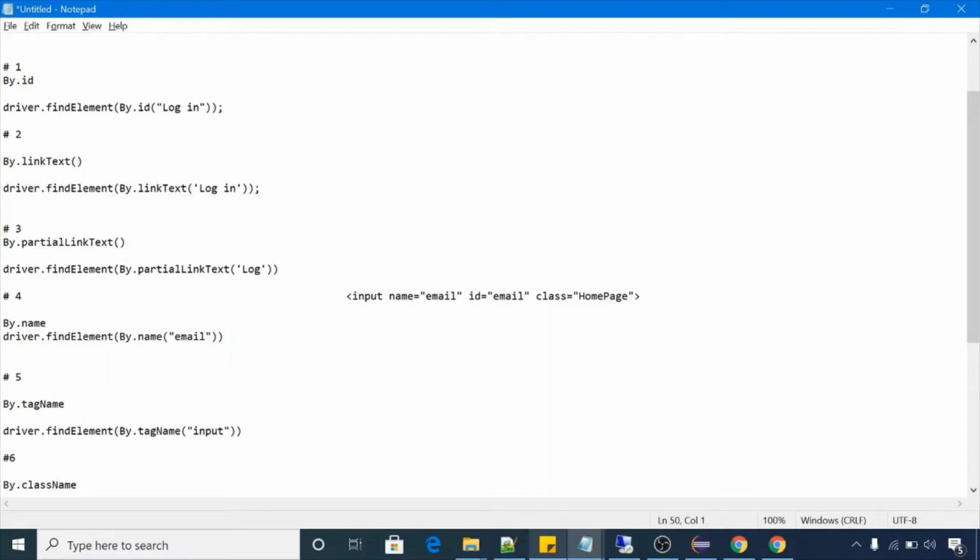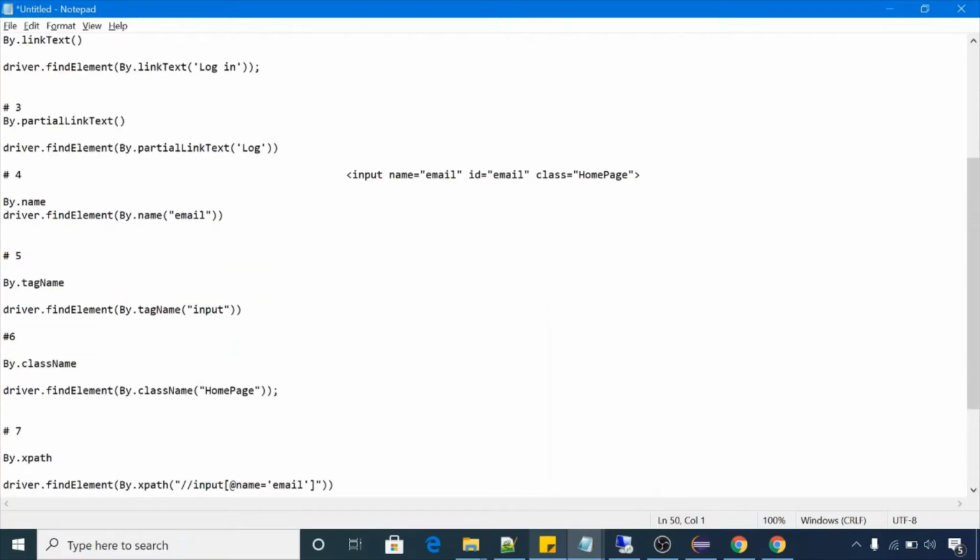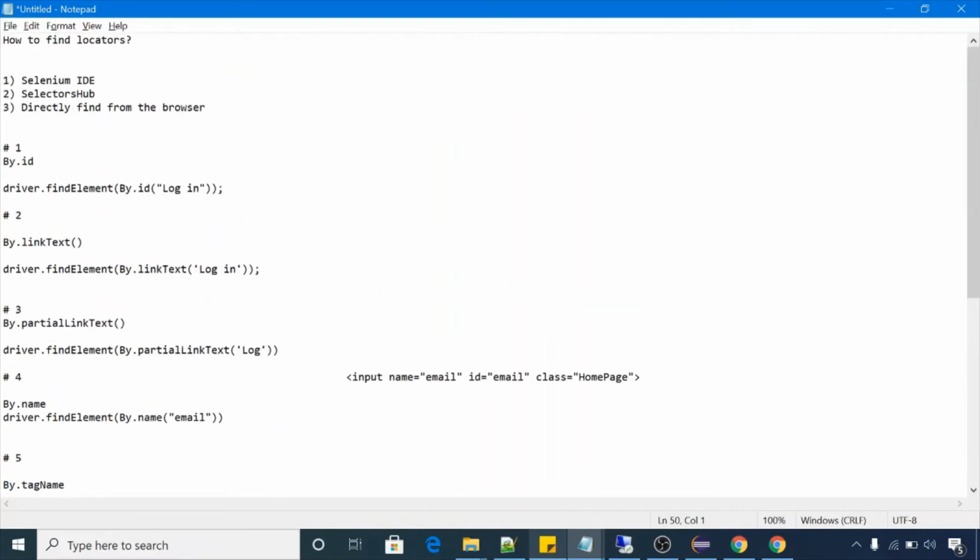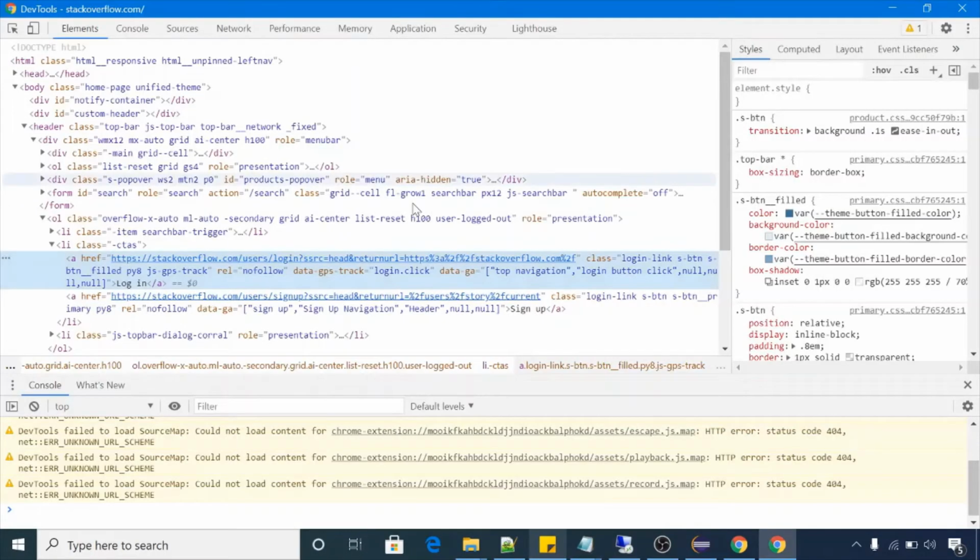I recommend going with XPath because it's very flexible. It also supports Ajax and dynamic websites. But if you want to choose randomly, you can use any locator from this script. Then you can just go with the best one. For this element, have a look, it's an anchor tag, so it is a link kind of thing.